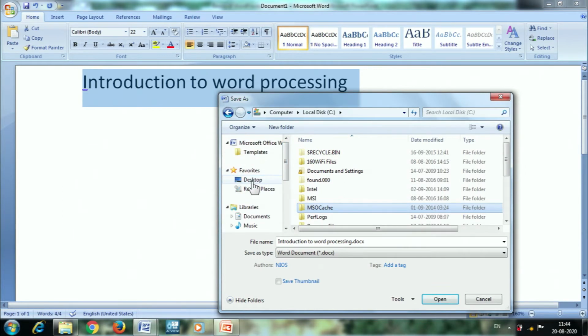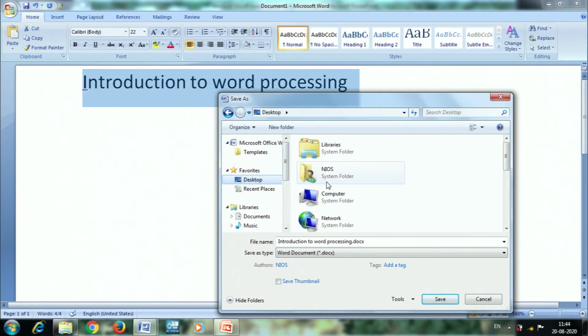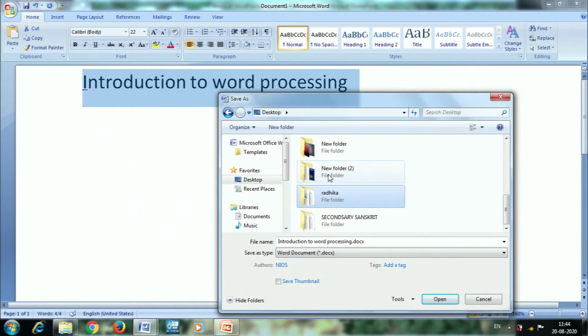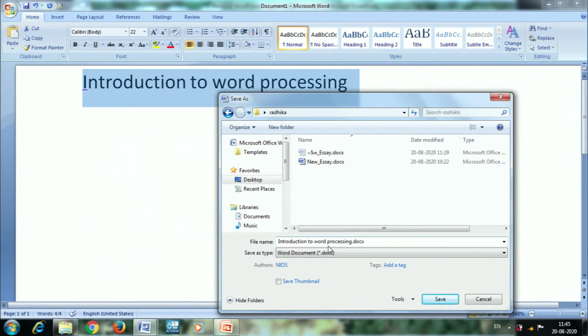Suppose I want to save a file on my desktop itself. On the desktop there is a folder called Radhika. In this folder I want to save my file. So, I am typing that this is a test file. So, I am saving it. You can see here the document will be saved as docx, Word documents.